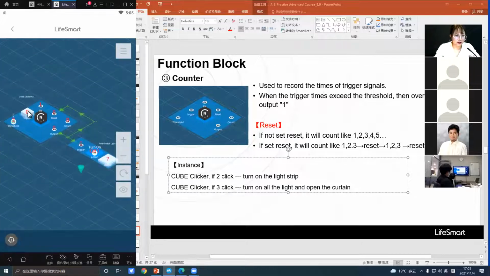So you can see that there's no click now. The count is no click. So I click once and I refresh it. Oh, the signal. Oh, not this one, sorry. This, if I click once, okay, it becomes 1. Because 1 is less than 2, right? It has not reached the threshold, so it will not trigger the next part. So if I click once again,